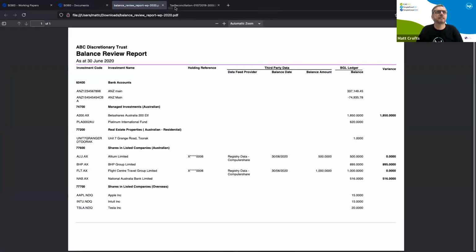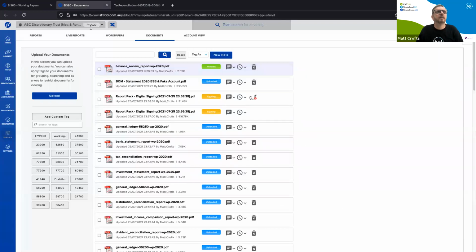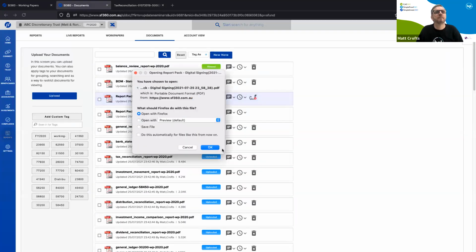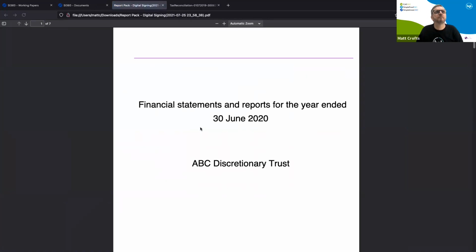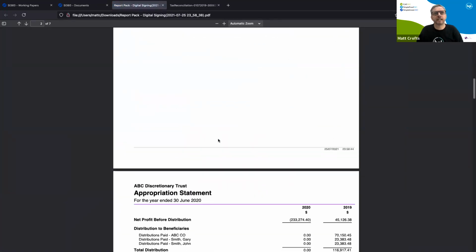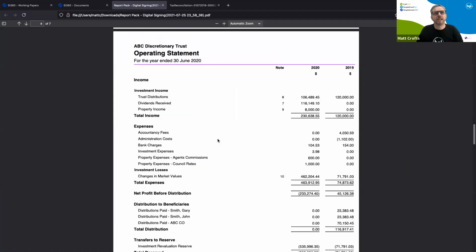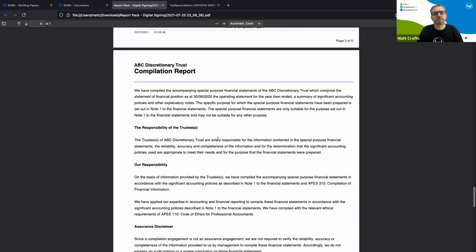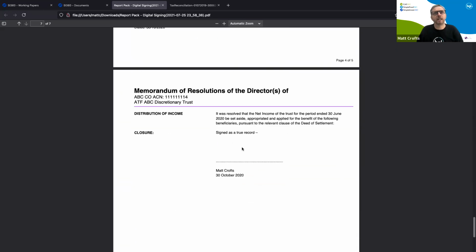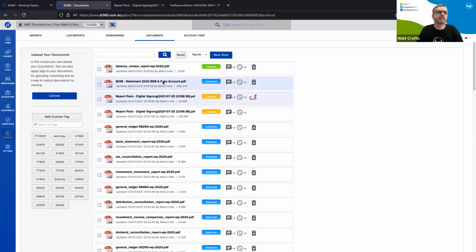Yep, hopefully you can see it's brought up the different document. This one here is the one I meant to show you. So this is the financial accounts that are produced out of the system. So these can be digitally signed. Things like the memorandum will need a digital signature. So what we've made is those are very simple to be able to be signed.